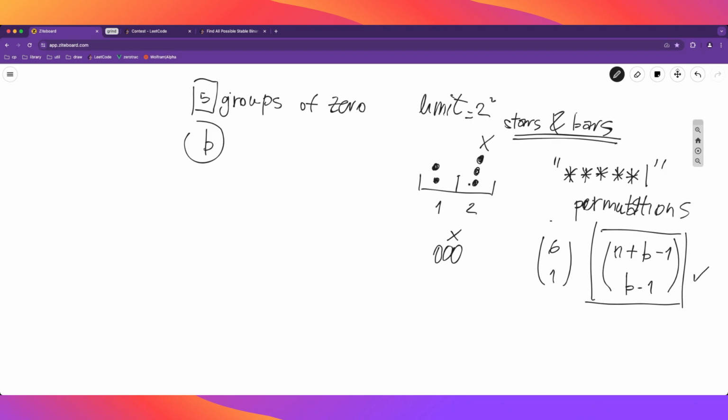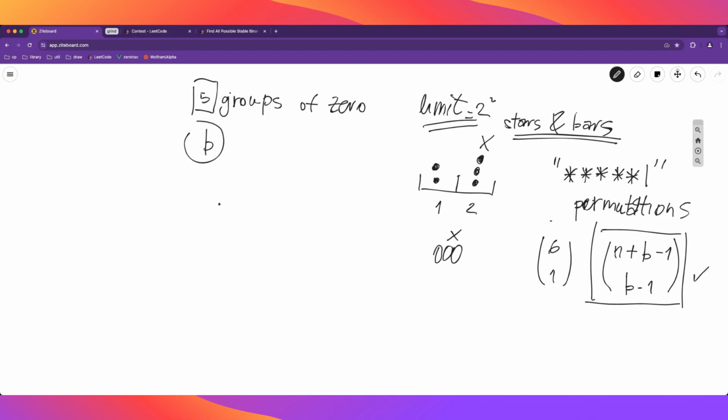We can add more balls. We can exceed the limit, right? But then we want to subtract all the configurations, and only the configurations, that are invalid, right? And that's going to give us the valid configurations. And one way of doing that is to